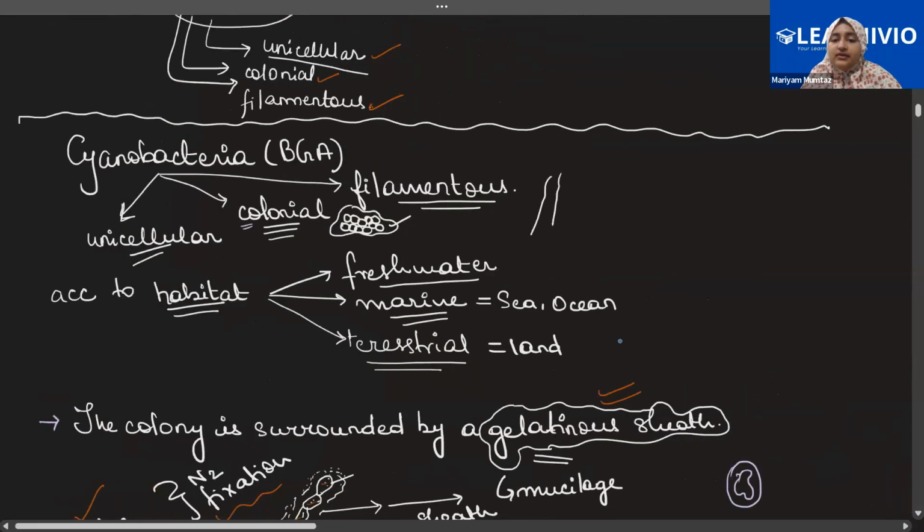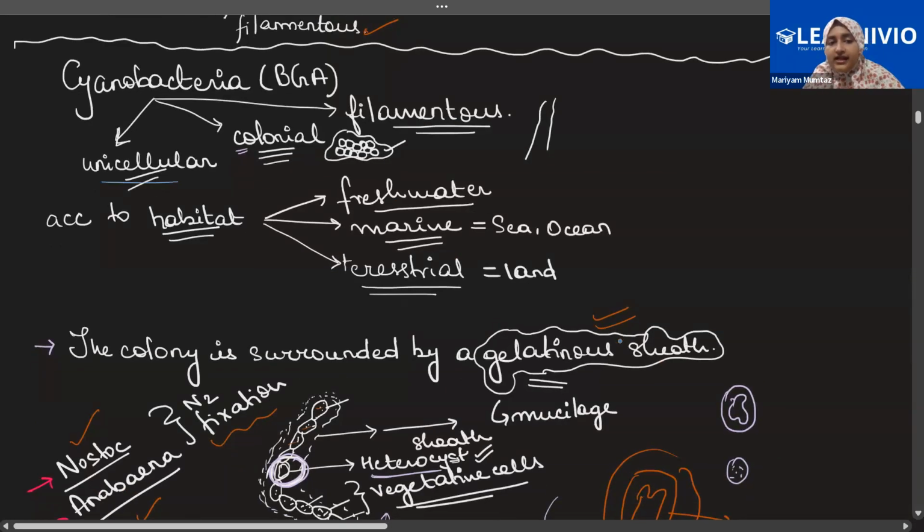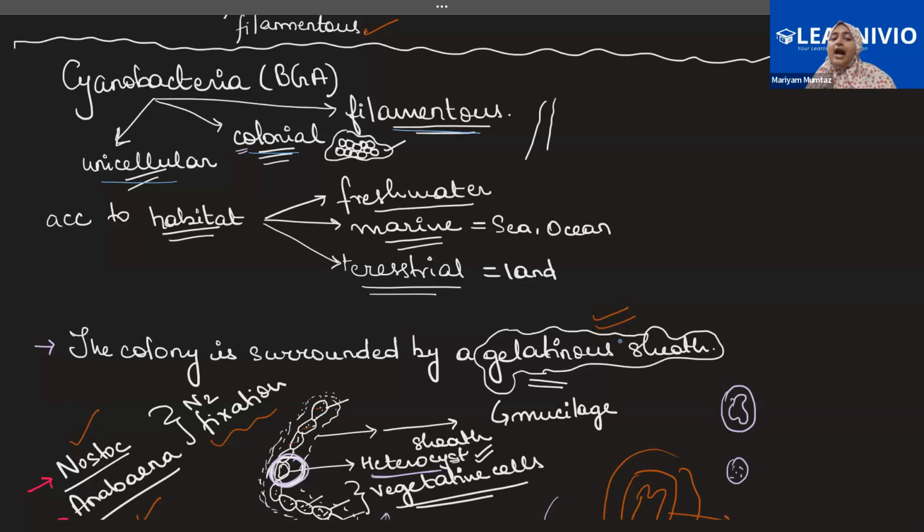Now, to discuss the cyanobacteria, they are unicellular, colonial, and filamentous. According to the habitat, the cyanobacteria can be freshwater organisms, when they live in water that does not have any salt concentration. They can be marine water organisms, meaning in the sea and the ocean, and they can be terrestrial or land organisms. So depending upon the habitat or where they live, they can be of various types. Now, cyanobacteria, whenever they are present in a colony,